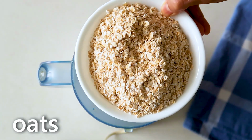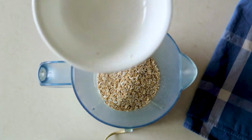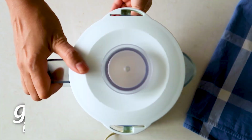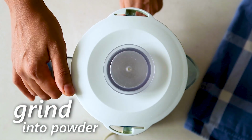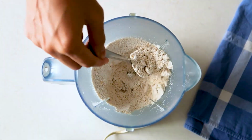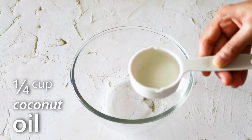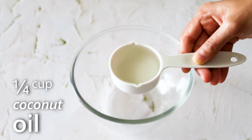So first we'll prepare the oat flour for our cookies. We'll add some oats in a blender and blend them into a fine powder. And the oat flour is ready. We'll keep this aside. Now in a medium-sized bowl, we'll add 1/4 cup of coconut oil,